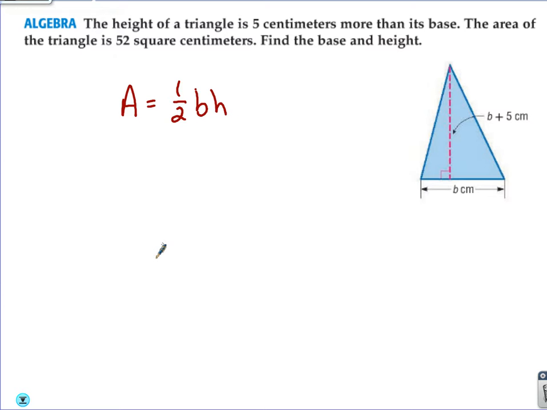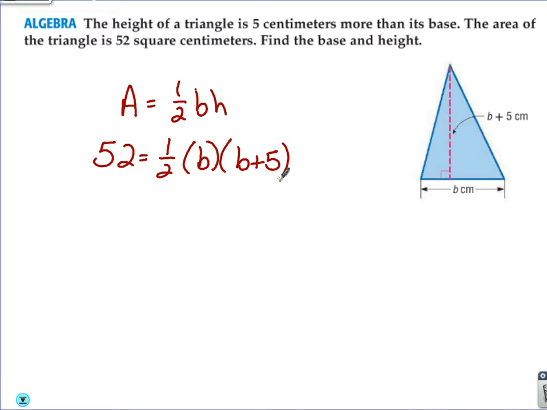Take first step and write down your area formula. Area equals 1/2 times base times height. Plug in everything that you know. I know the area is 52. I know the base is B. I know the height is B plus 5. My suggestion to you,